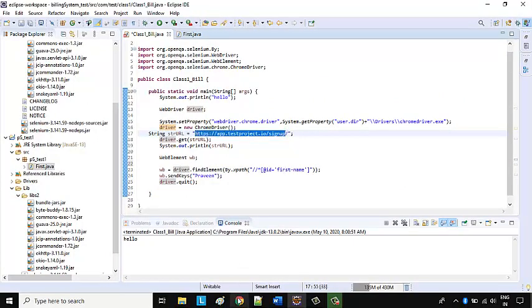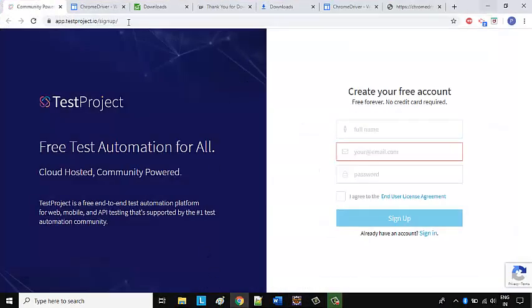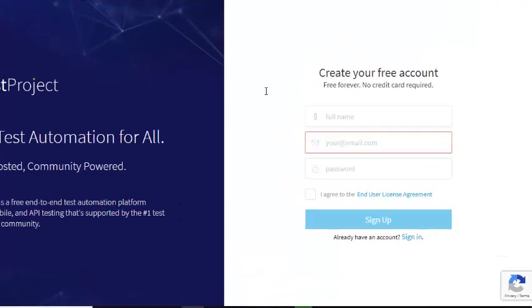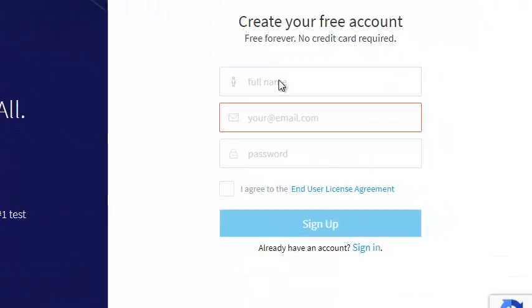So this is the sign up page that I already have, and here let's say you have to put some value in first name or full name. How can you do it? You go there, right click and inspect.